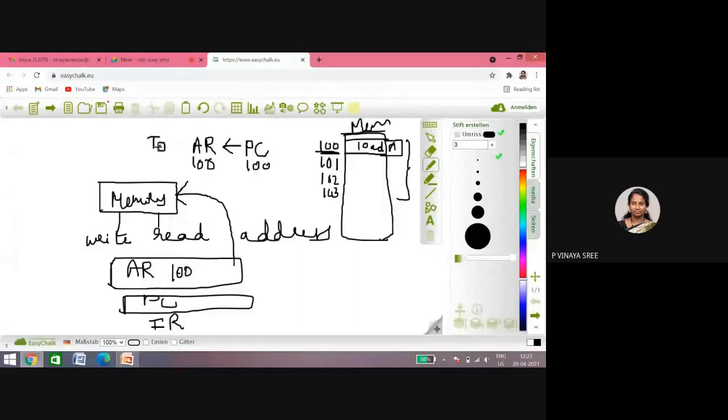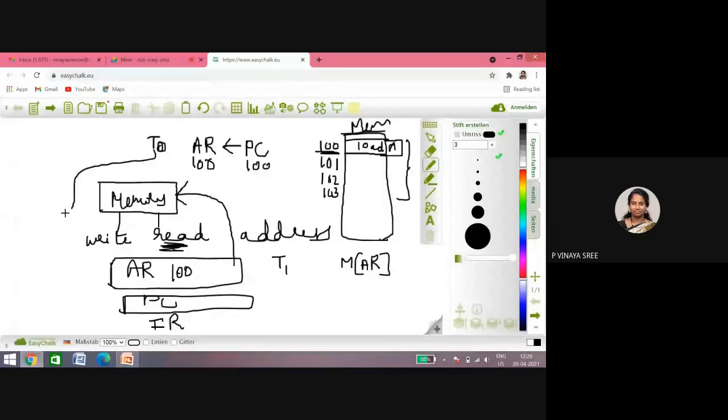Now for time cycle T1, what happens? The memory address goes to the memory, and it reads. So this read must be active. Whenever you are reading, this read must be active. For this read to be active, we need to connect this T0 to read, so that it will be active. Whenever it is active, then only you can perform